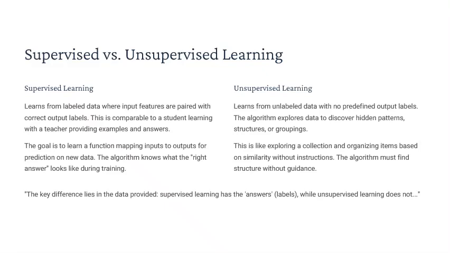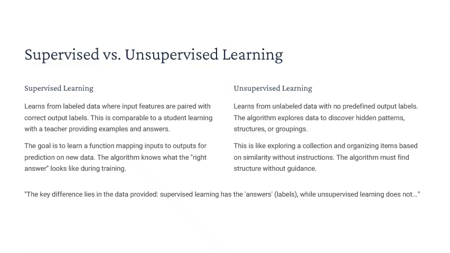Then you have unsupervised learning. And this works with unlabeled data. You give it inputs, but there are no predefined correct answers provided. No teacher, no answer key. Right. The algorithm just has to figure out the structure, the patterns, maybe groupings within the data all by itself. Discovering structure. Yeah. Using that kid analogy again, it's like giving the child a big pile of animal pictures and just asking them to sort them into groups without telling them the names first. They might naturally put all the cat pictures together and all the dog pictures together just based on visual similarities they notice. But they don't have the labels cat or dog to guide them. They find the groups themselves.